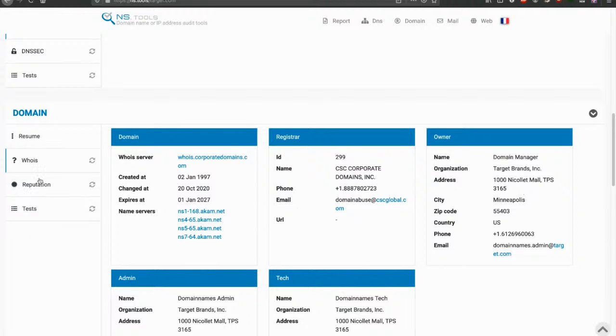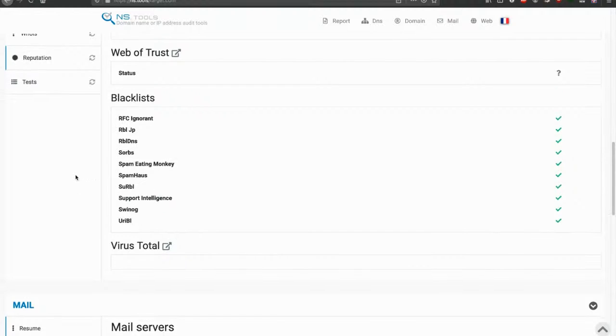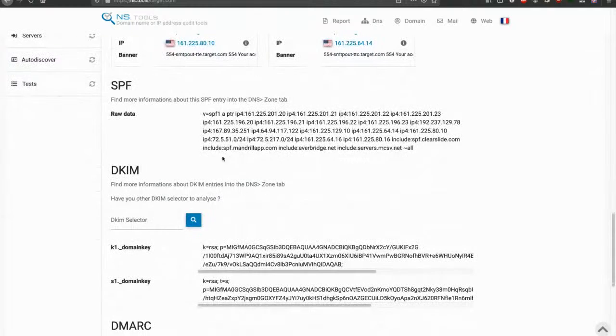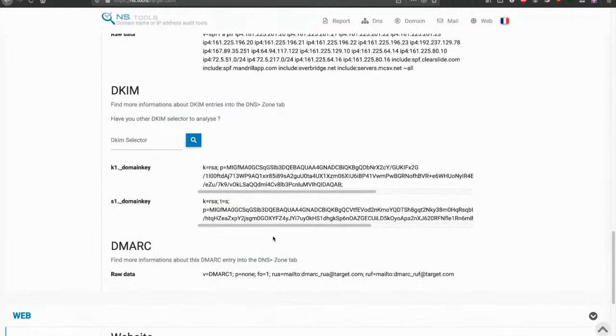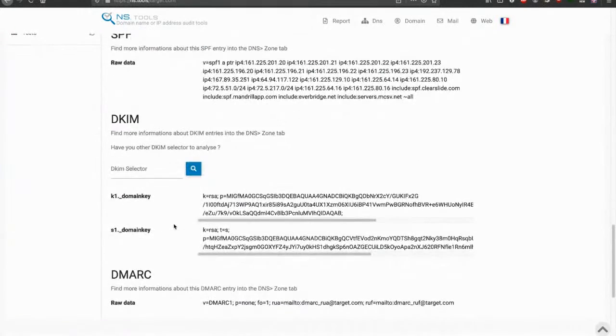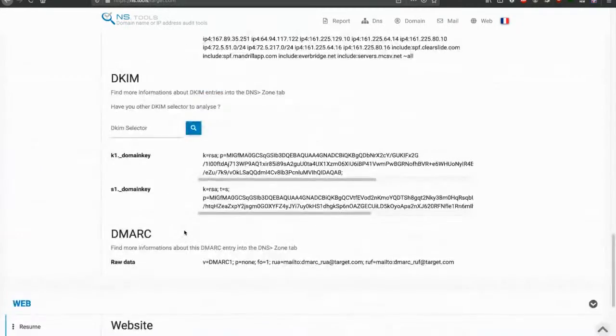Domain manager, we've already seen that. We can look at reputation information, see if there's any bad reputation stuff. Right here is the email stuff, SPF. But right here, this tells us the domain keys. So K1 and S1 would be their names for that. And we can actually look, and it would tell us, we can look a little bit more thoroughly with this and ascertain the key size to know what they're doing regarding DKIM in terms of